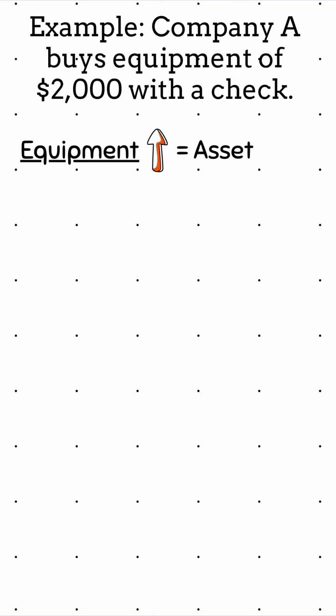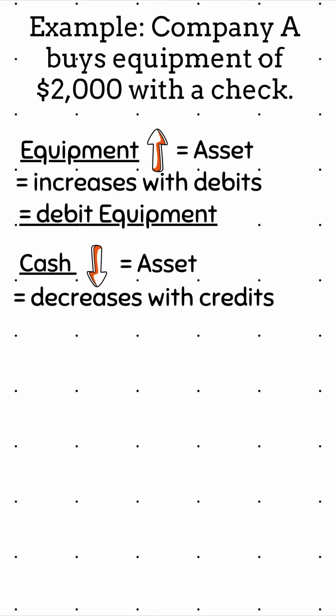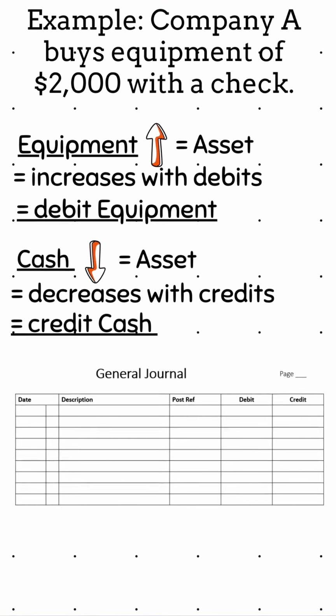We previously analyzed a business transaction where the company had purchased office equipment for $2,000 with a check. We said that the equipment account increased and that equipment is an asset. We determined that assets are debited when they increase and that is why we debit equipment. Then, for the second part of the transaction, we said that cash decreased and that cash is also an asset. We determined that assets are credited when they decrease and that is why we credit cash,